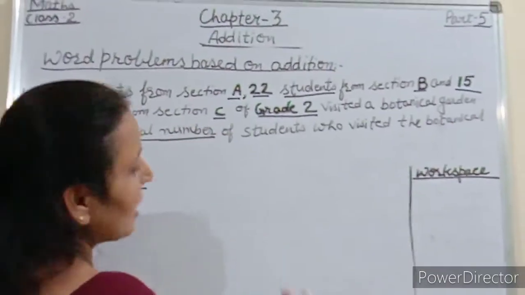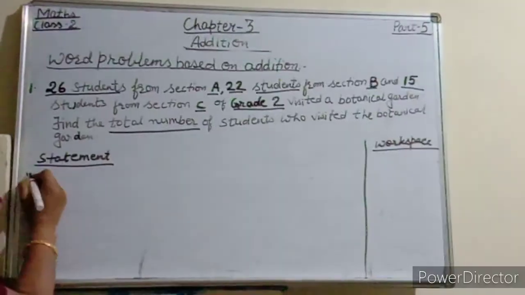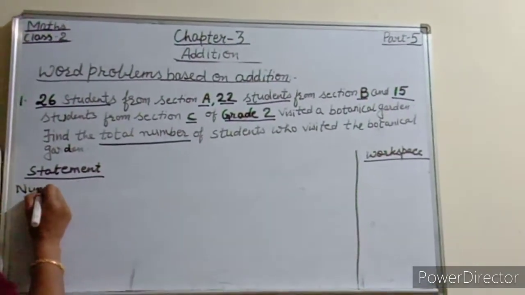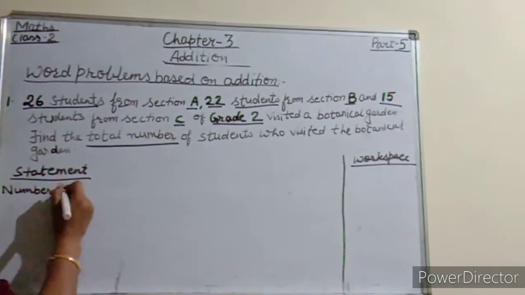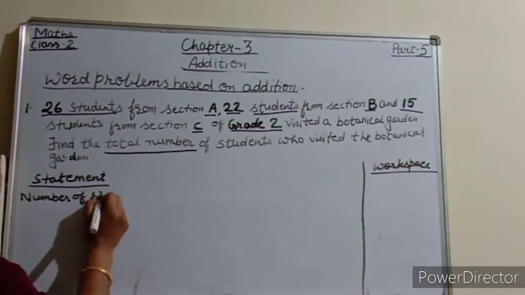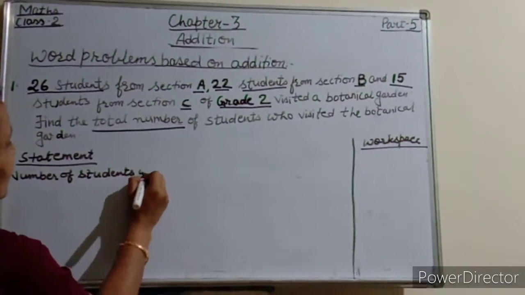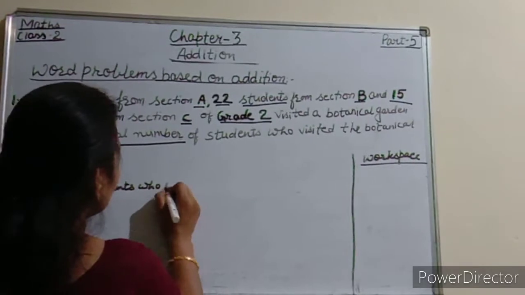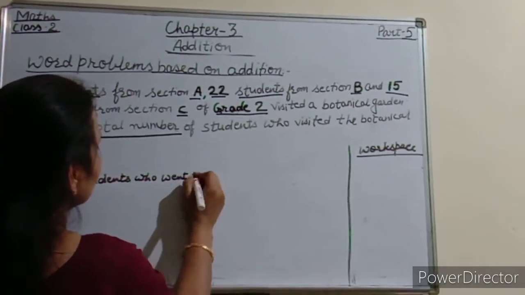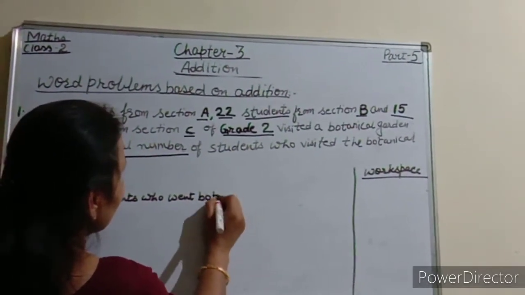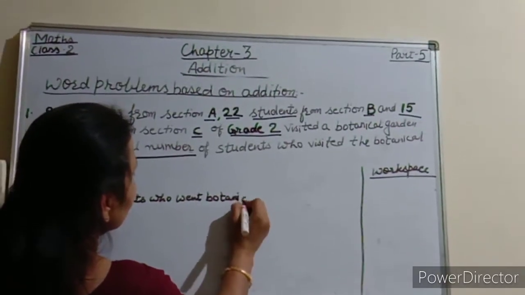Total number means we have to add number of students who went to the botanical garden